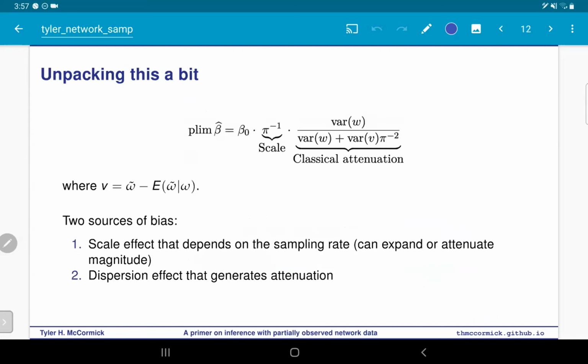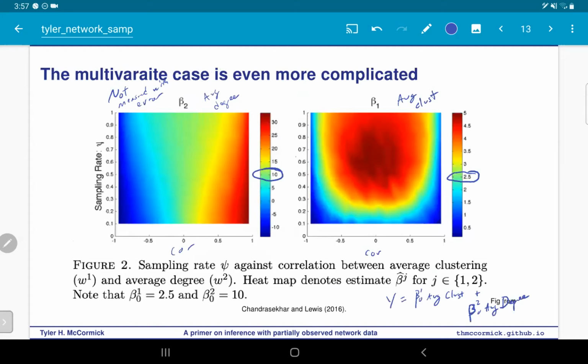So this is a pretty realistic setting with two variables, where we have one network statistic that's measured with minimal error, the average degree, and the other that's measured with a substantial amount of error, the average clustering. And so as we adjust the sampling fraction, you can see a couple of things here, right? The first is that as you adjust the sampling fraction,